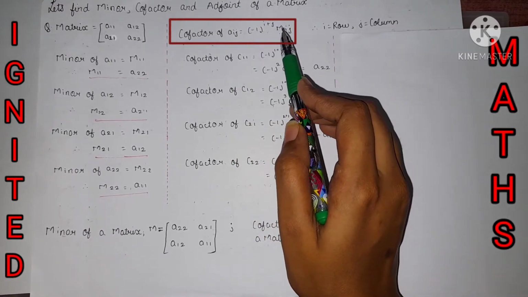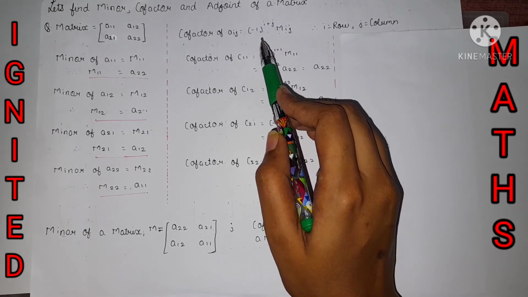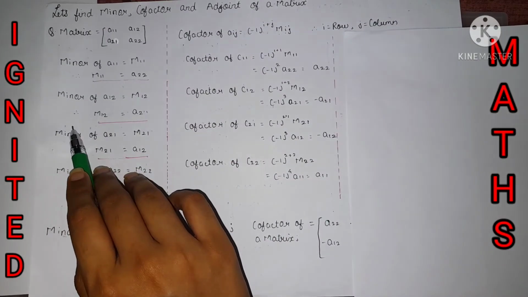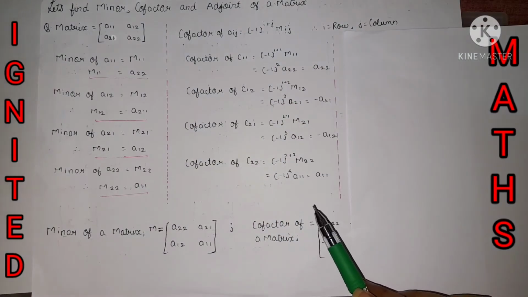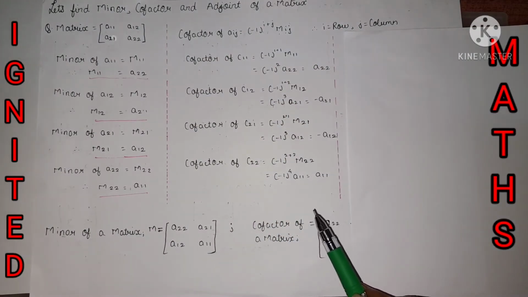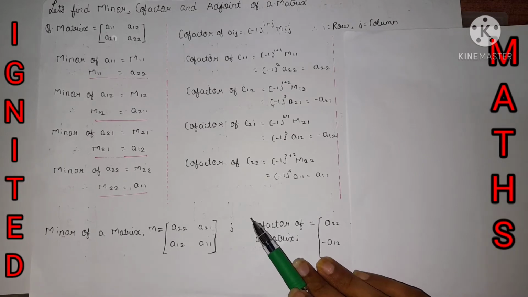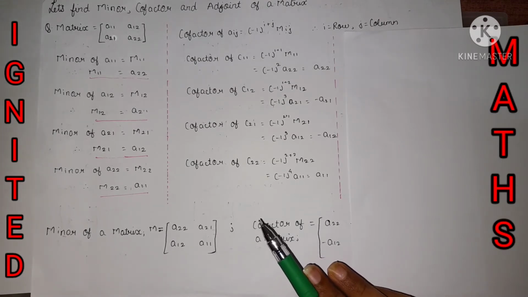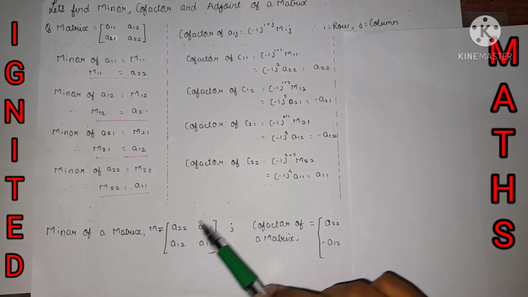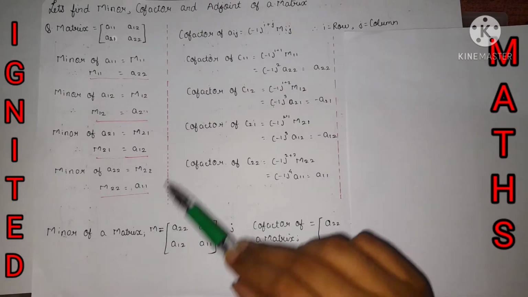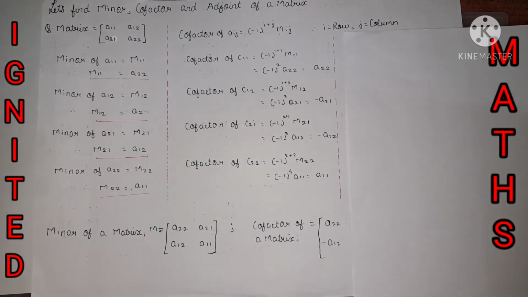So in short, while finding the cofactor element, we need the help of the minor element. The formula is mentioned in that. In any question, if they ask to find the cofactor elements of a given matrix, the first thing we need to note is that we need to find the minor elements, and only then can we find the cofactor elements. Now let's start with the cofactor, because we have already found the minor elements and the matrix also.